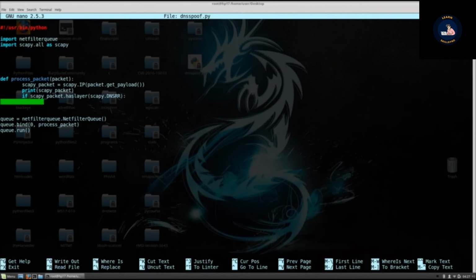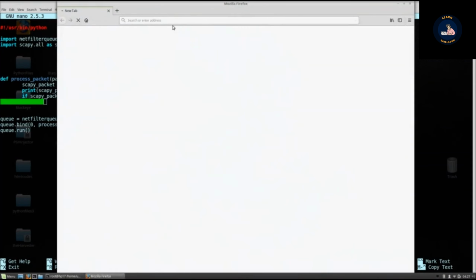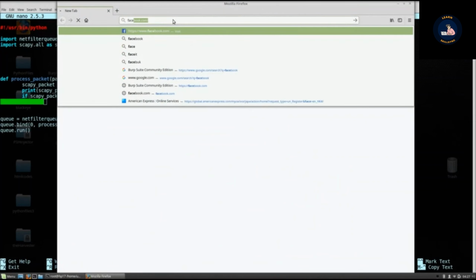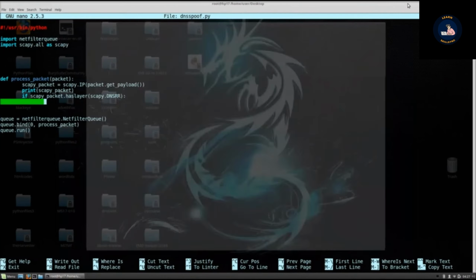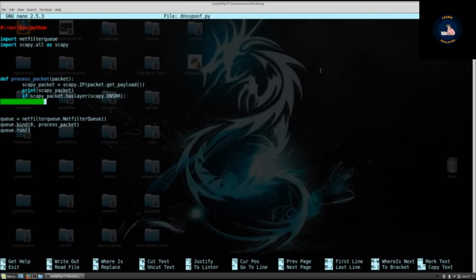So let me just show you. If you, for example, go to Firefox and type facebook.com, that will be a query name, which will be specified under the query name in our DNS request. Then what we want to check in our program is if there is a certain web page in that query name. So first of all, let us put it in a variable called qname equals scapy_packet. From the DNS request, DNSQR, which stands for the DNS request,